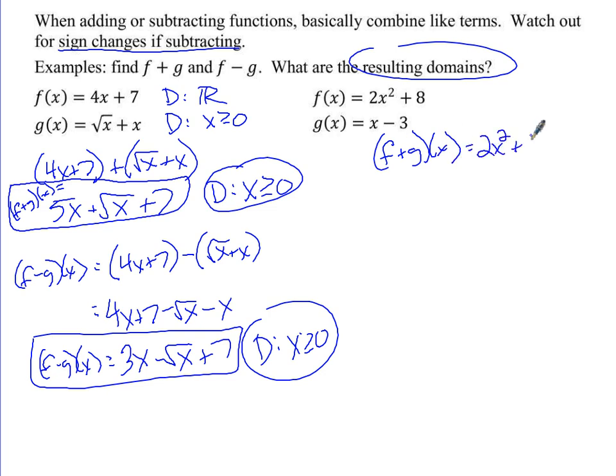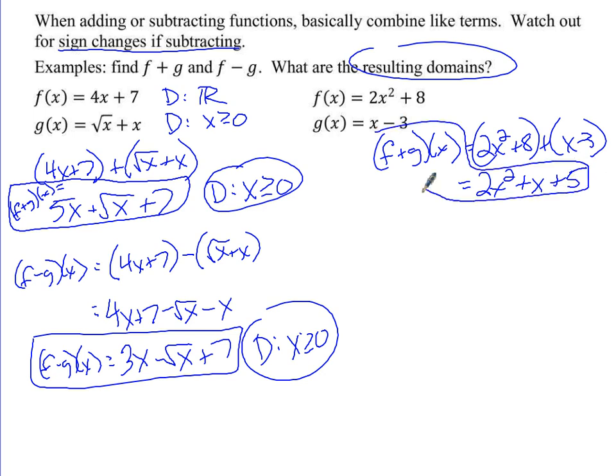2x squared plus 8 plus x minus 3. So combine like terms and you get 2x squared plus x plus 5. Okay? And then f minus g equals